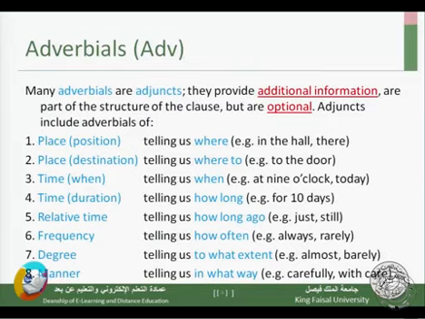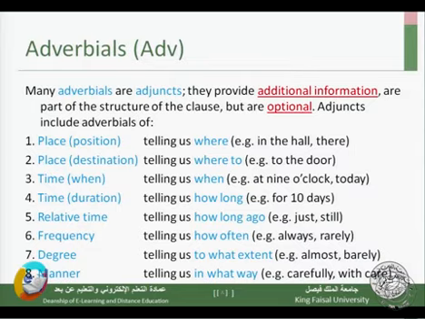Adverbials are used as adjuncts. You remember we mentioned adjuncts before. We said that adjuncts are not necessary for the completion of the meaning of the sentence. They are optional. They can be removed. They give us extra information. So many adverbials function as adjuncts, as we saw when we discussed prepositional phrases before. They are part of the structure of the clause but optional, and they provide additional information.